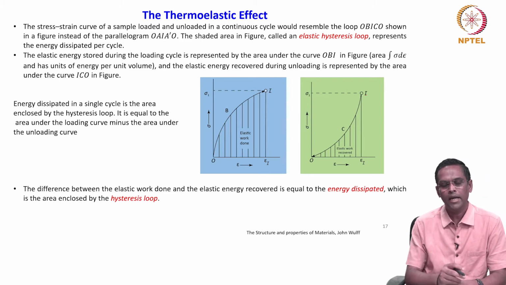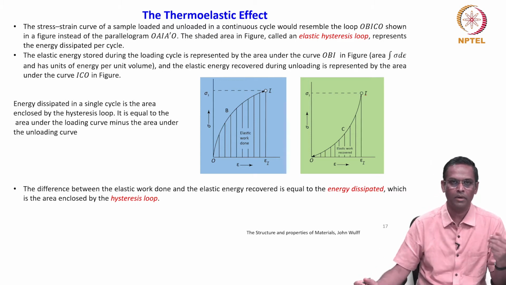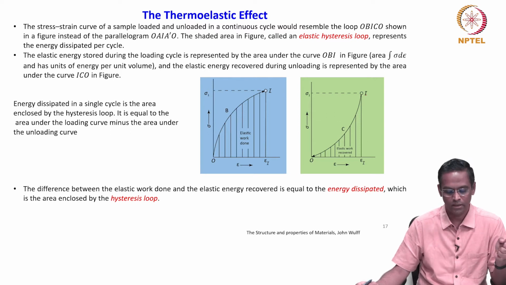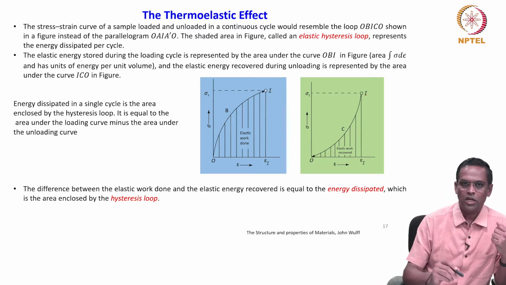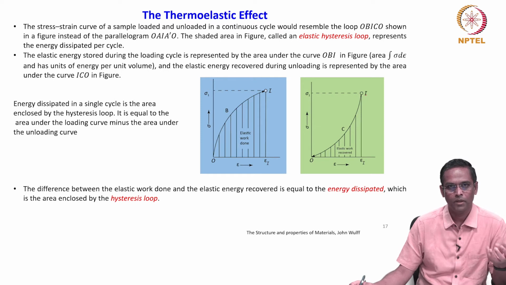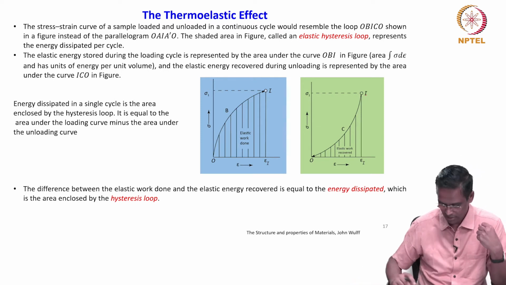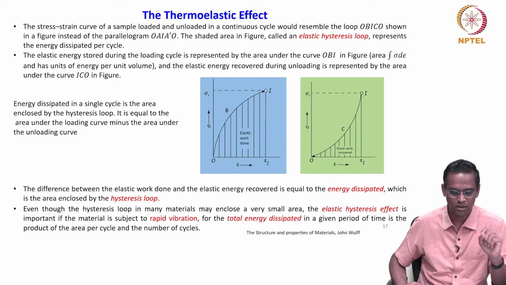In any event, we can correlate. So many events we can talk about, right? Migration of atoms, thermal energy, right? We said stress and strain and so on. This is a general description of energy dissipation or elastic work done in a hysteresis loop. So, that is a general description.